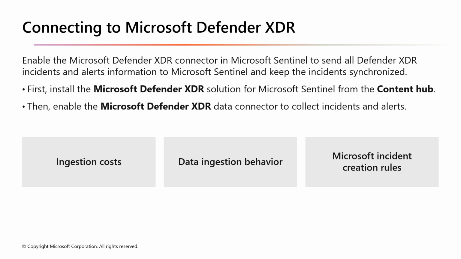So once you enable the Defender XDR connector in Microsoft Sentinel, incidents from Defender XDR start appearing in Sentinel within about 10 minutes. These alerts and incidents are ingested in Sentinel at no cost, but ingestion charges still apply for other data types that you have. Incident creation is now handled entirely by Defender XDR, which disables Sentinel's incident creation rules for integrated products. This means you lose the ability to filter alerts or customize incident titles using Sentinel's rules. To maintain control, use alert tuning in the Defender portal or automation rules in Sentinel, and avoid relying on incident titles. You should use tags or other stable conditions instead.